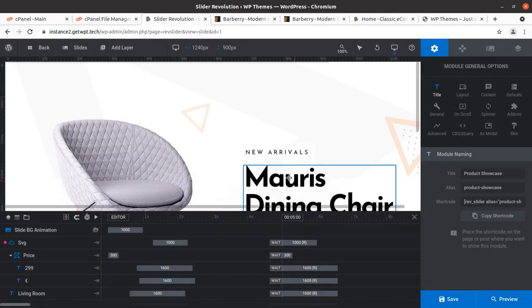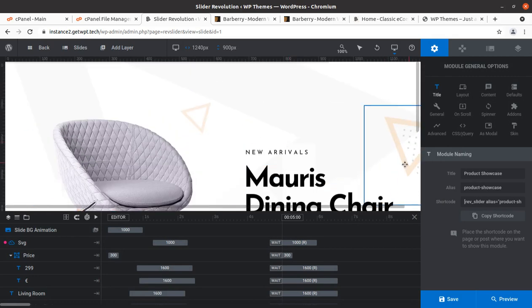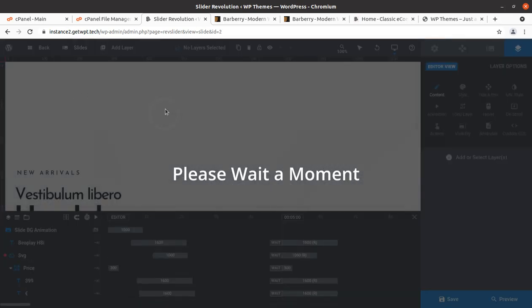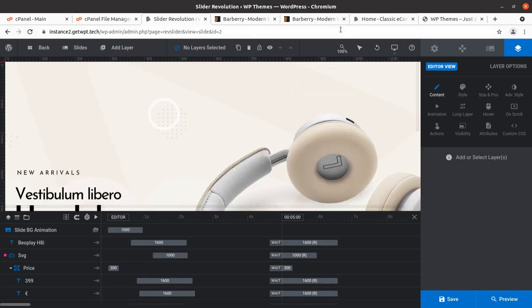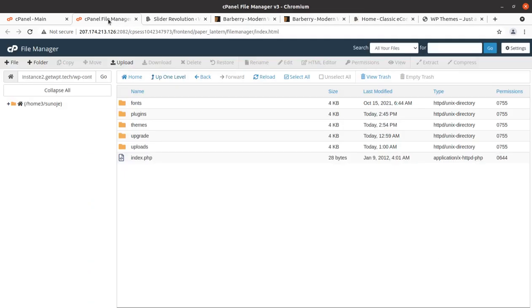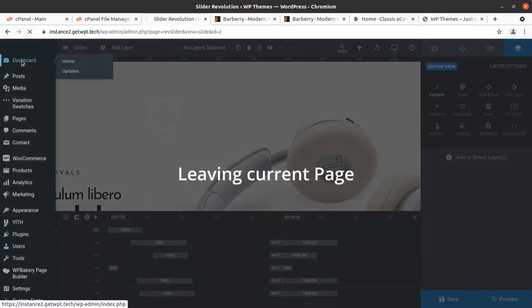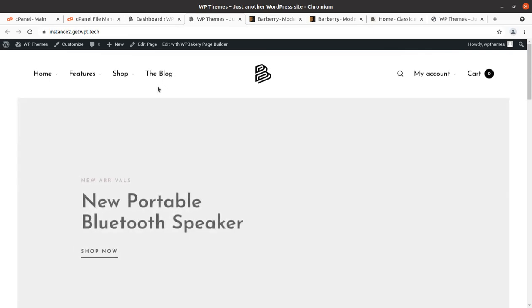Okay, so this image is here, and product showcase, so there are 2 slides available here. It should work, I believe. So let us go back. I'm not inserting any image as of now. We can go back. Okay, so just go back to the dashboard, and we may check the website. This is not showing any image,